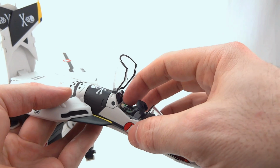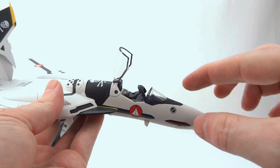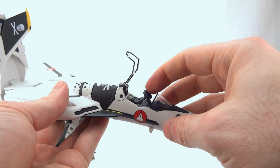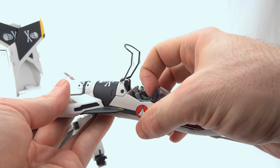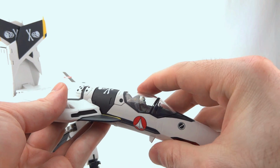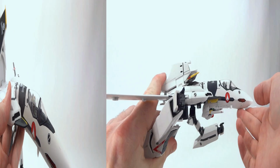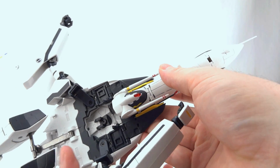The problem with doing this is that if you then want to rotate him to be facing down, you might feel the urge to touch this black piece of plastic and it will pop right off on you. So that was very daring on my part. I advise you, since you can't see the pilot in Battroid mode, never ever to even bother with that. Alright, so your toy looks like this, and what we're going to do now is focus on the head region,